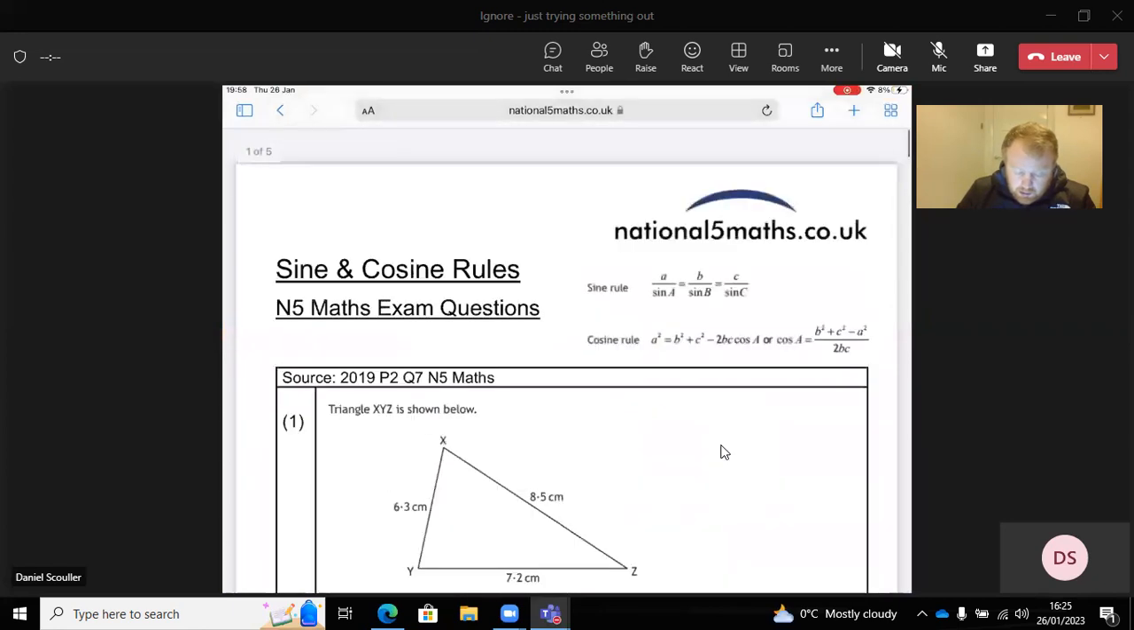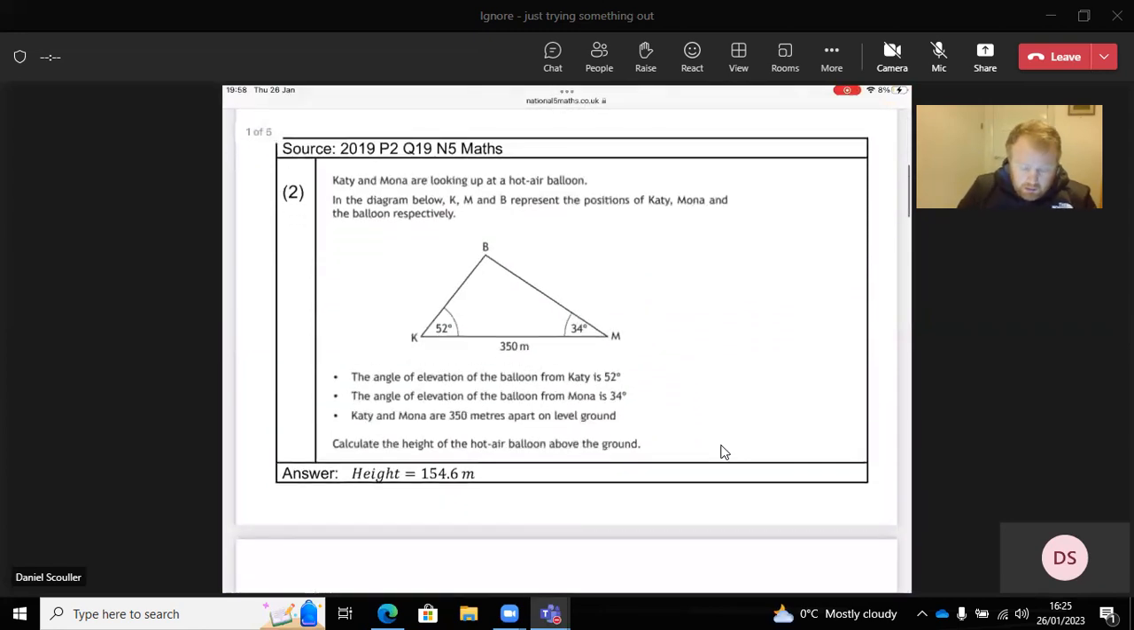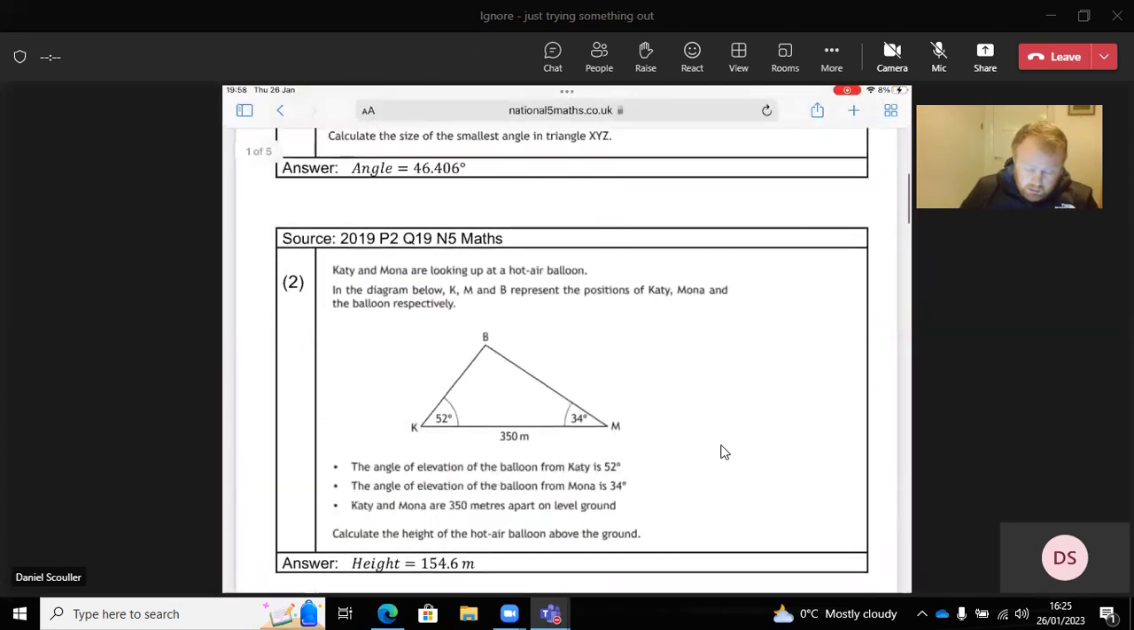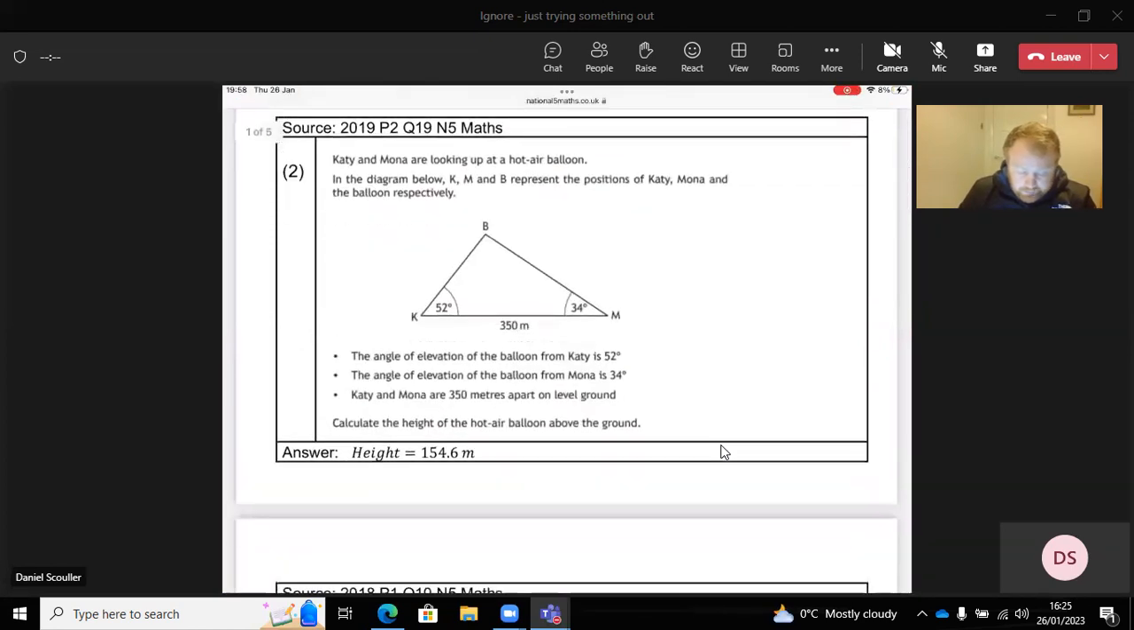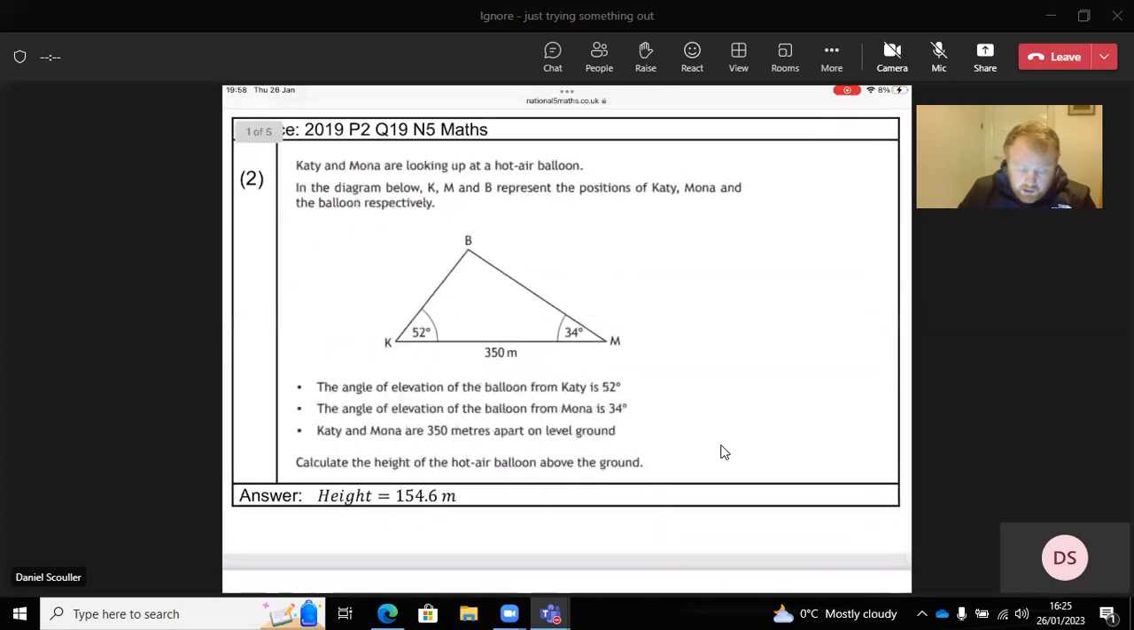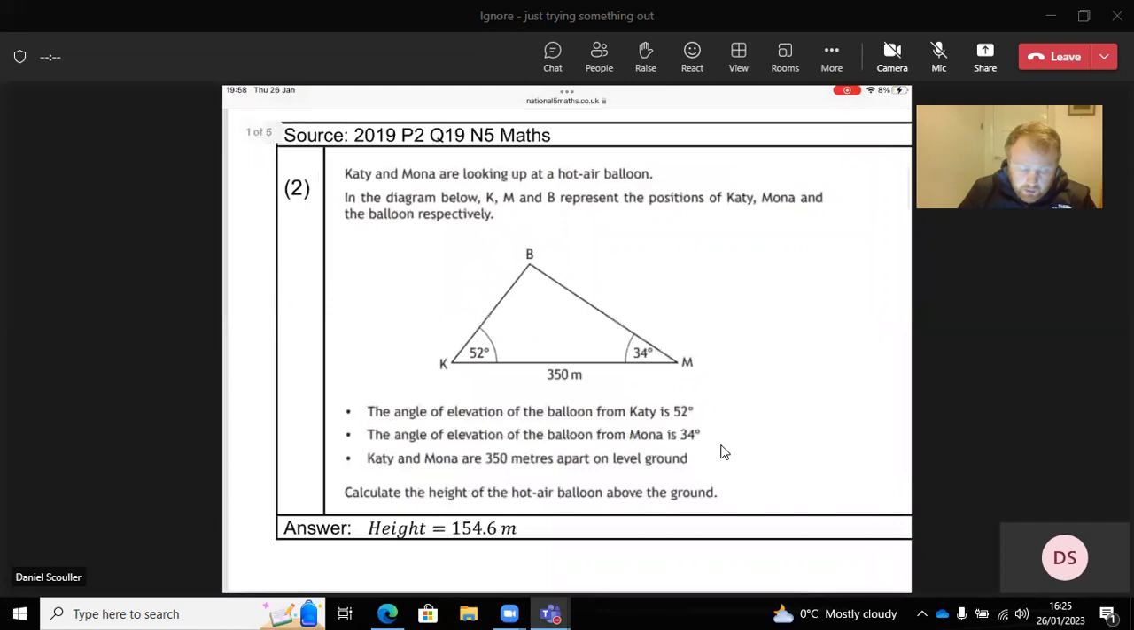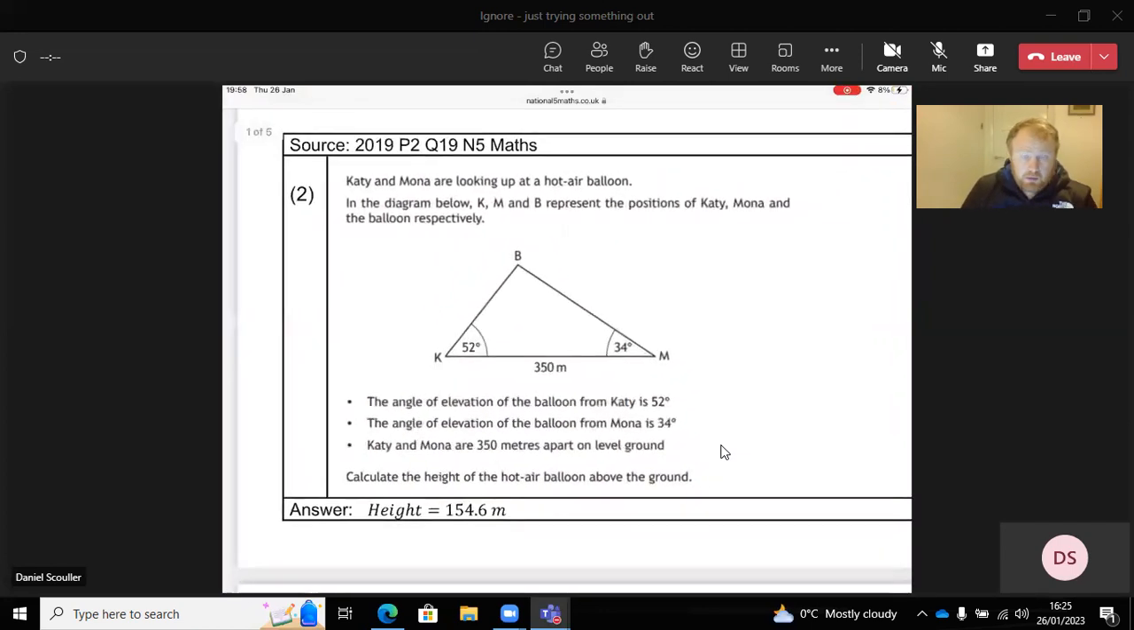Smallest angle with that. Let's have a wee look at this. Hot air balloon. Right, this is an interesting one because it throws in a couple of different things. All right. Let's take a wee screenshot of that. So,